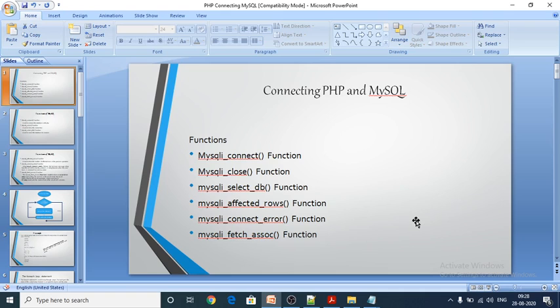When you create an account for Gmail, Facebook, Twitter, Instagram, or whatever it may be, the details you feed about yourself will be stored in the company's database. This is how we feed data with PHP to the MySQL database.